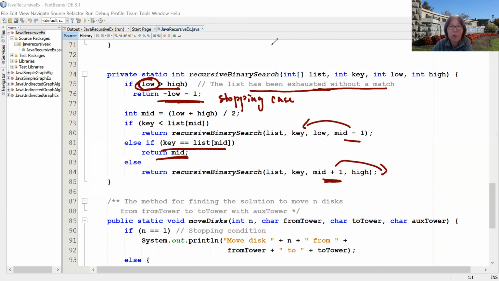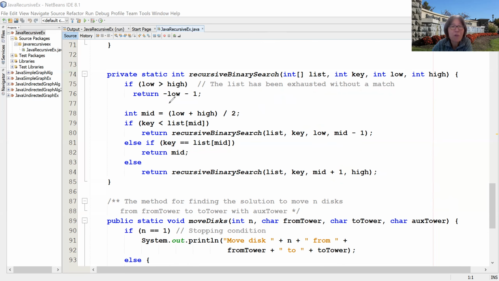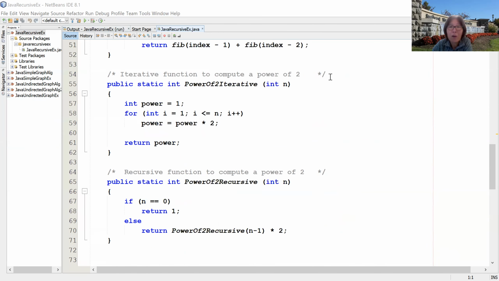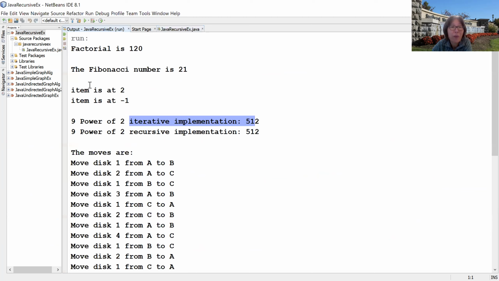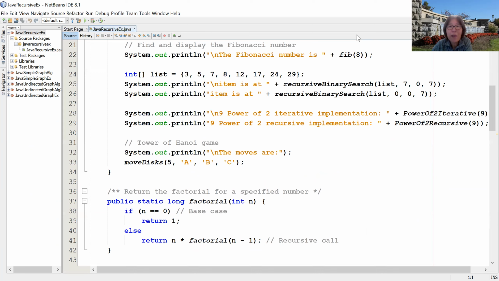In this case, we just return some negative index. We can take a look at what we did here. We call this for the array, and we try to find 7, and try to find 0. We did find 7, but for 0, it doesn't exist, so it will return a -1 index. That's the idea about